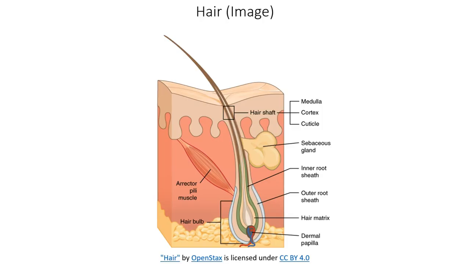All right, hair is typically going to grow about 0.3 millimeters per day during the anagen phase, which is not a lot. Some people have hair that grows a little bit faster than that, like I do. Other people's hair is going to grow a little bit slower than that. It's all based on genetics. On average, humans lose about 50 hairs a day, and then they get replaced with the hair follicle starting in